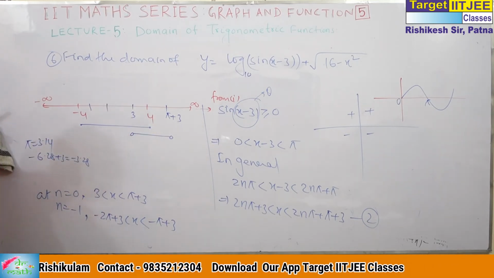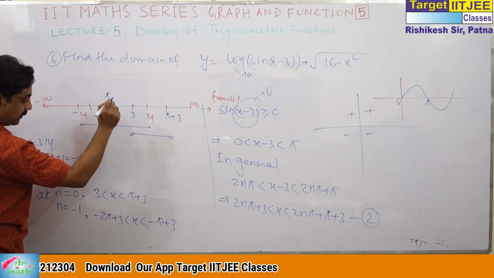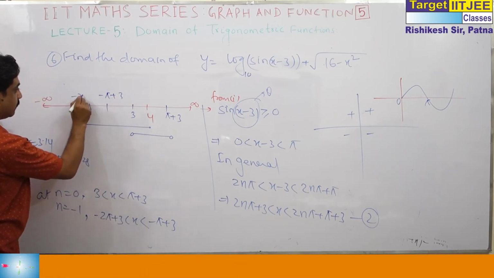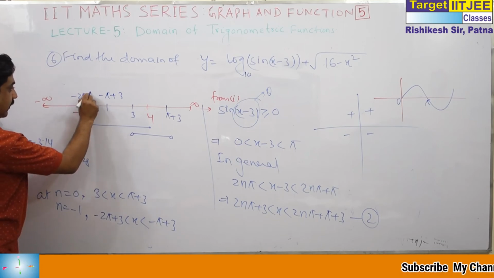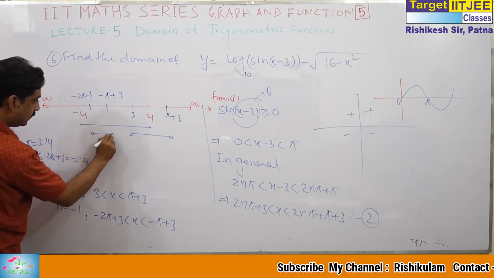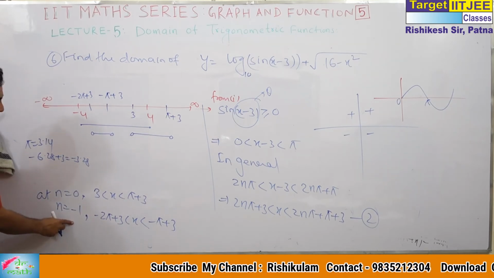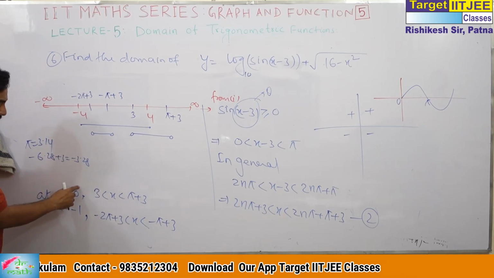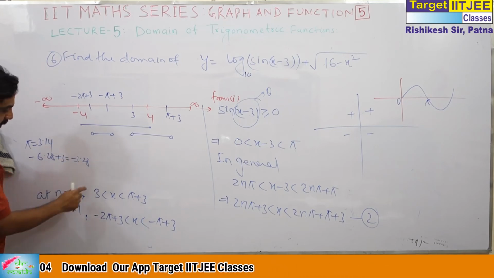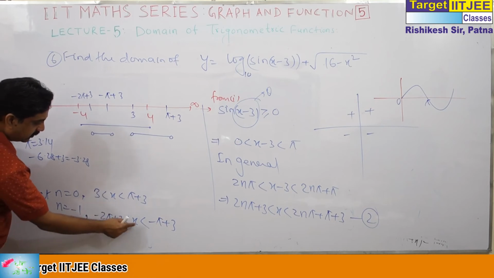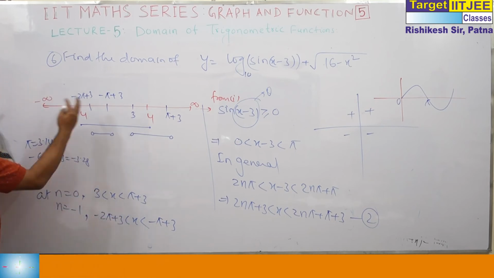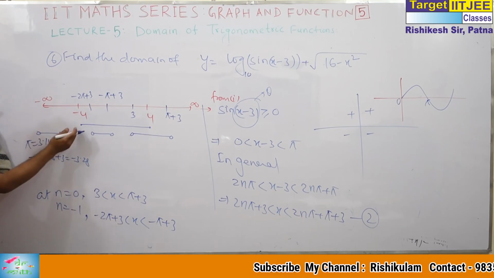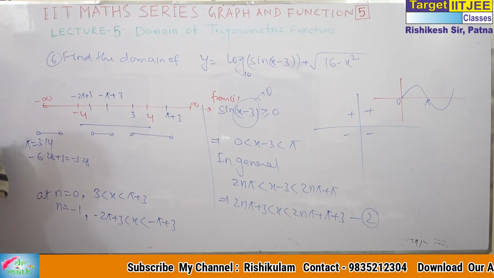So go right to 4. I can write this point as pi minus this, as minus pi plus 3, and this is what? Minus 2 pi plus 3. If you wish, you take n is equal to minus 2, it will go beyond minus 4. You can take n is equal to 0 and minus 1, for which the value of x will lie in this range, otherwise it lies beyond this. If you take n is equal to minus 2, you will get a value not in the domain of minus 4 to 4.